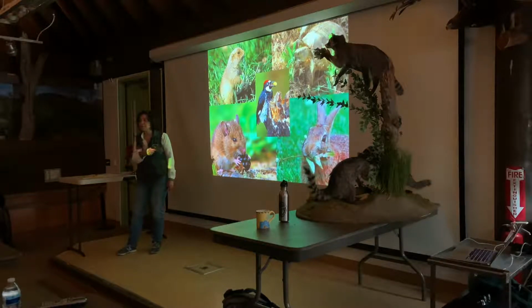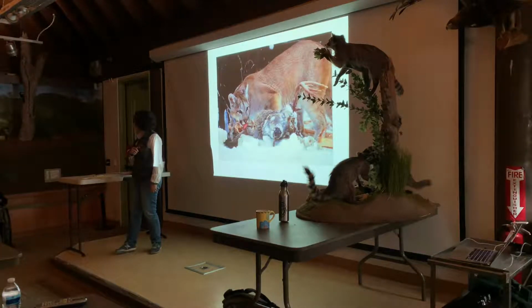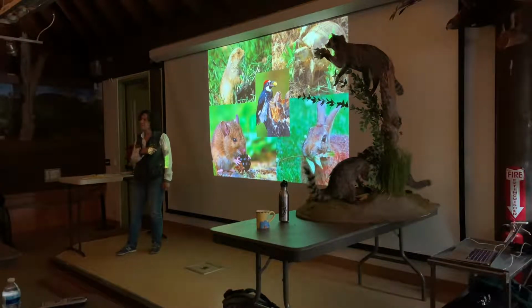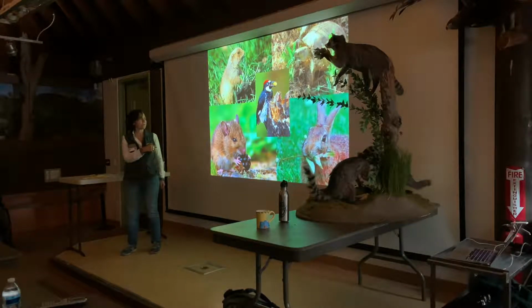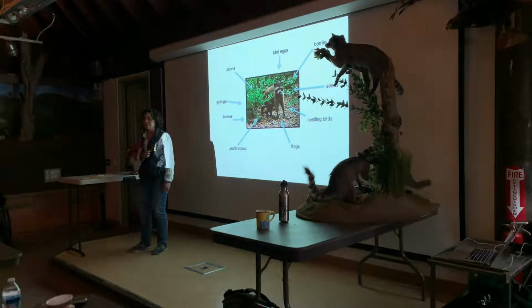All of these are things you're more likely to see than that, even though we have all these things in the park, because these are way more common. Right? The lower on the food chain, the more of them there are. Okay, so these are all things you might see. Okay, now what's this? What's that?